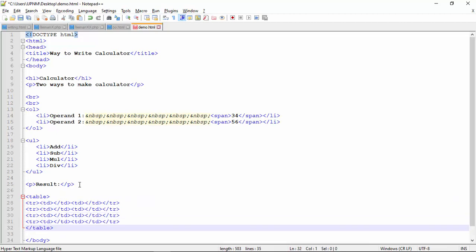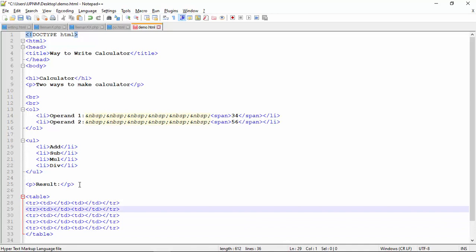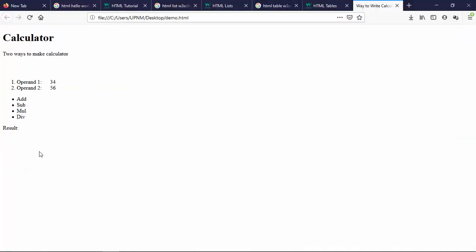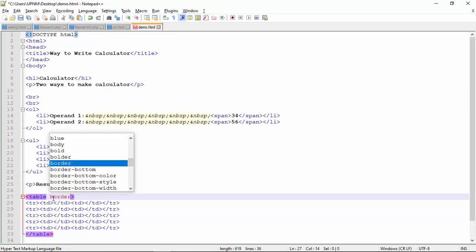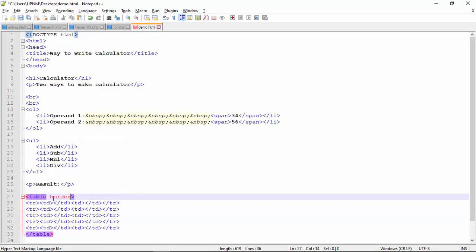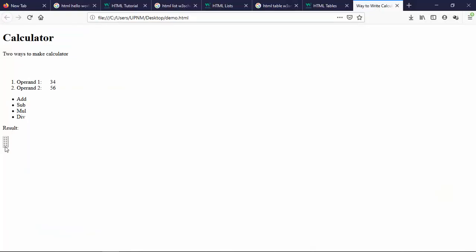Then we copy and paste first to see how it looks. Save it. We don't see it because we need to put a border. So this is an attribute. We supposedly need to give a value, but in this case, border doesn't have to be given a value because the default value is enough. So that's it.